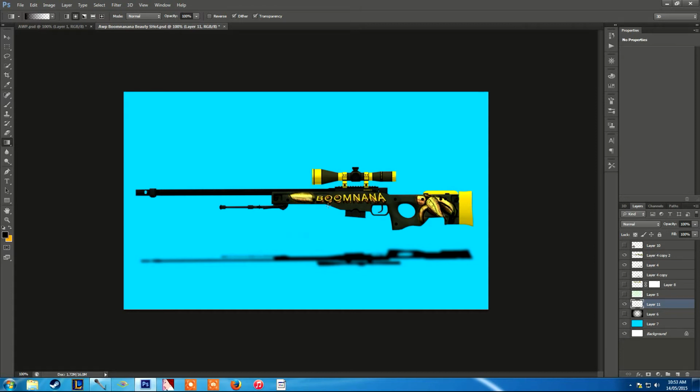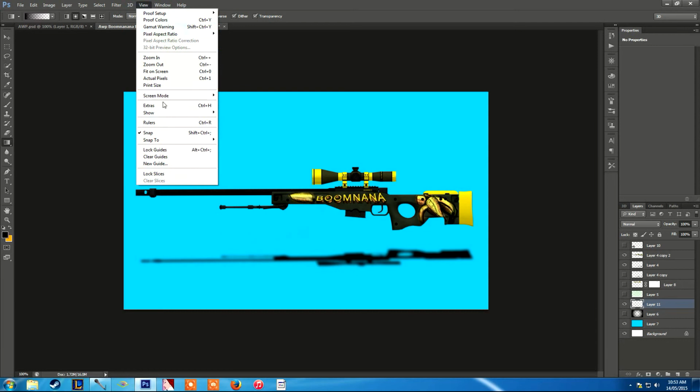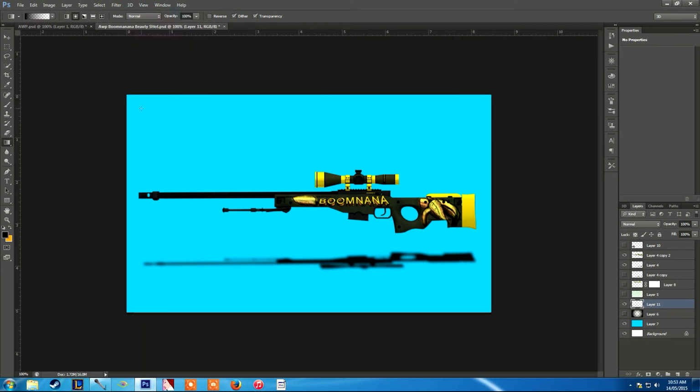Okay, so if you go to view, rulers, turn that on. And I've got mine here, and you press Control H to unhide it. And I had to move these into the center of the image. So you just drag it across to the center, and then all you do is click the very center point, and then you just drag out. Sorry, reverse on. Okay, so if you drag out,